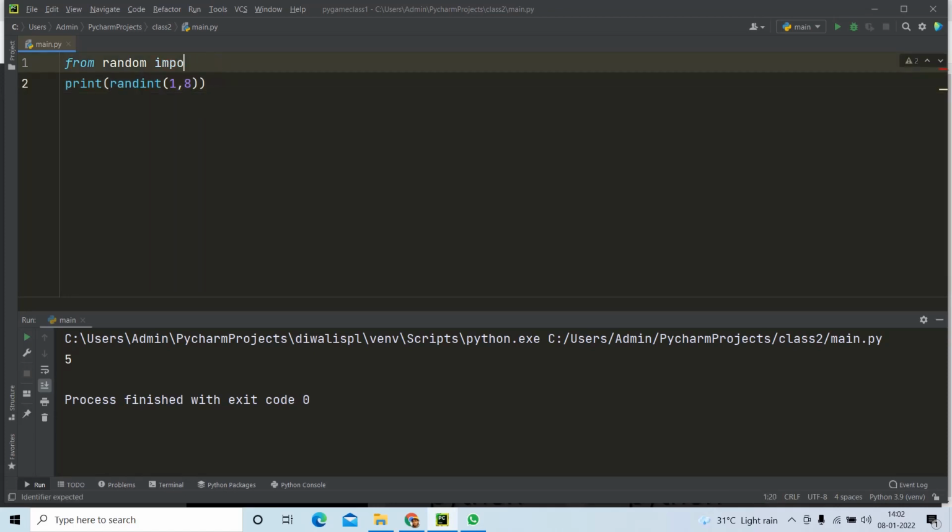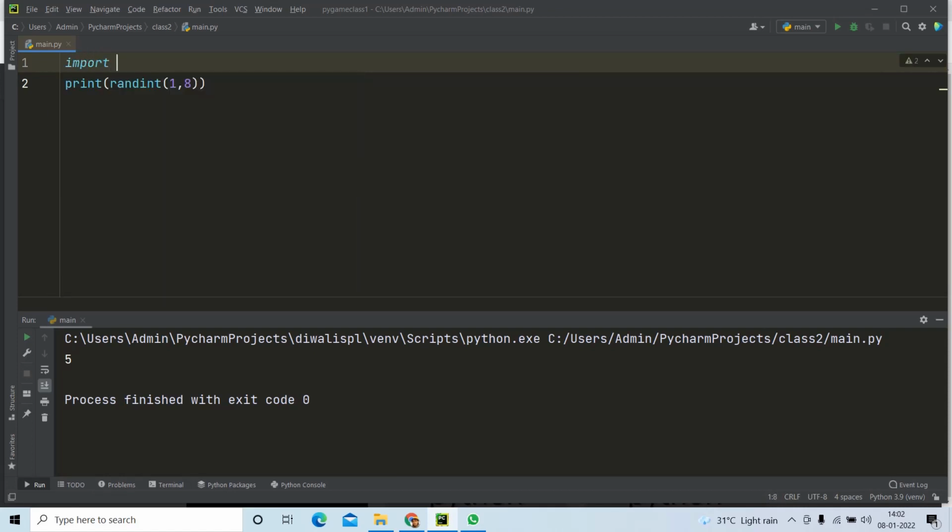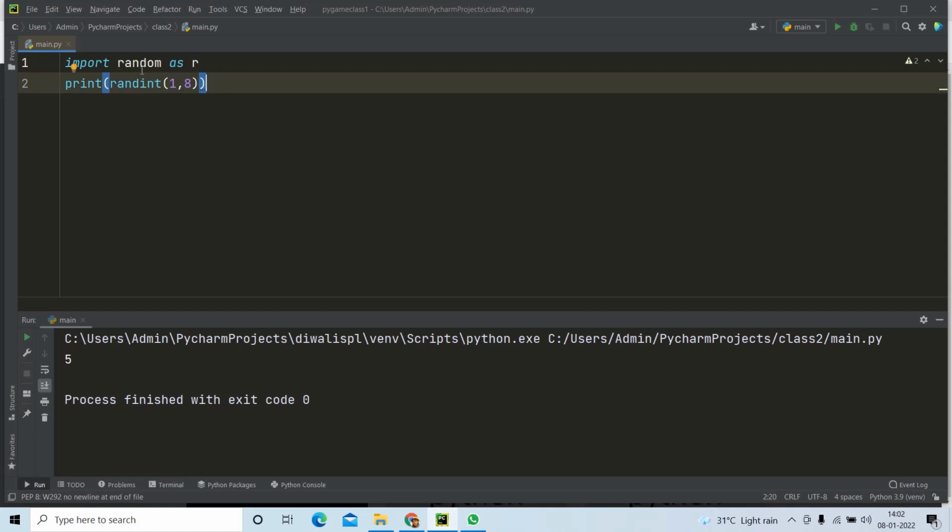If you feel like your module name is really big and you don't want to write that big name each and every time, then you can write import random as and then a variable name, so that this variable name will represent the module. Here we have imported random as R, but we did not call this R anywhere.